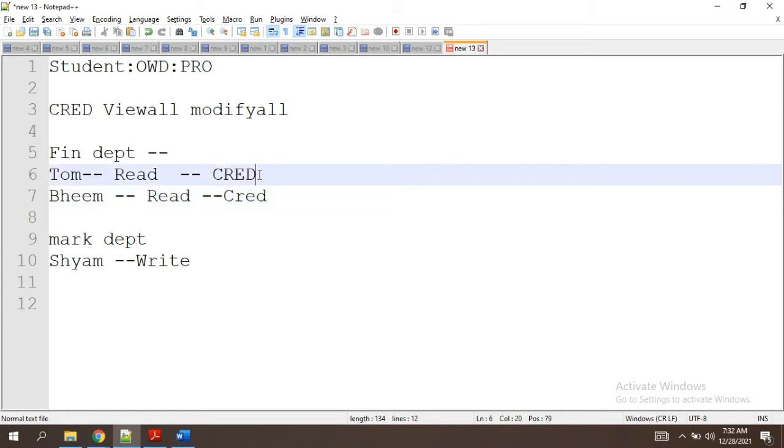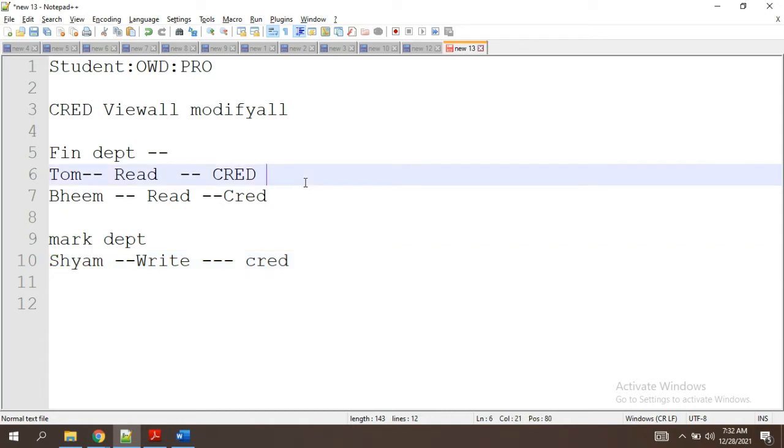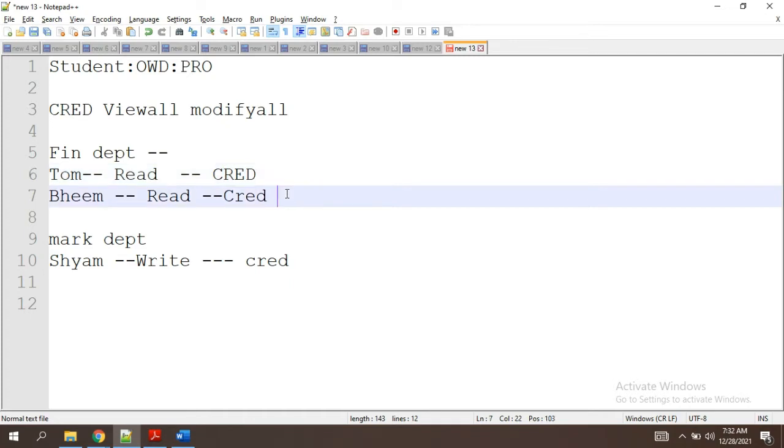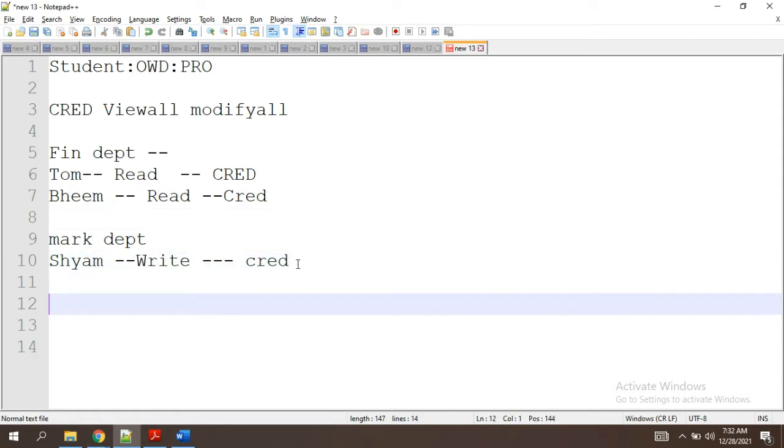So now once it is given, we got one more requirement that Sham also wants to see only a few records, like only a few fields from this object. What we have to do is, since they got read and write both, I have to create one more permission set.